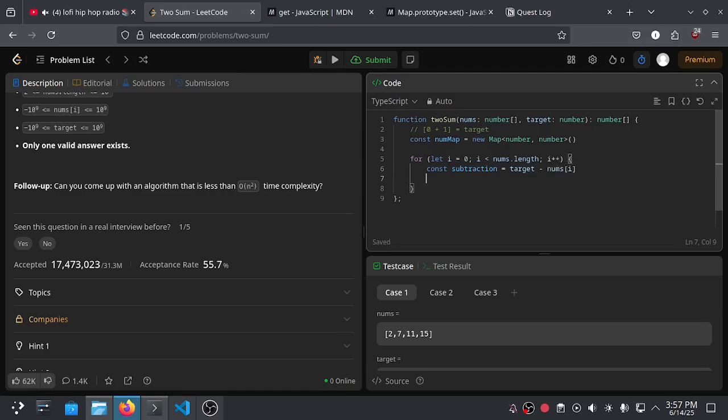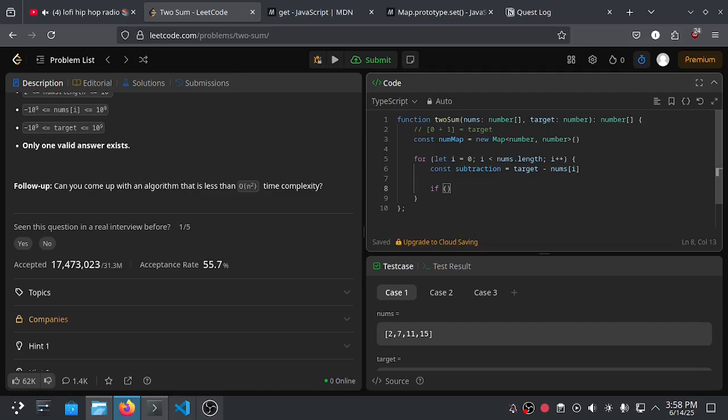And then we can add a check if the value is already inside the num map. Then we can return the current index with the index from the num map.